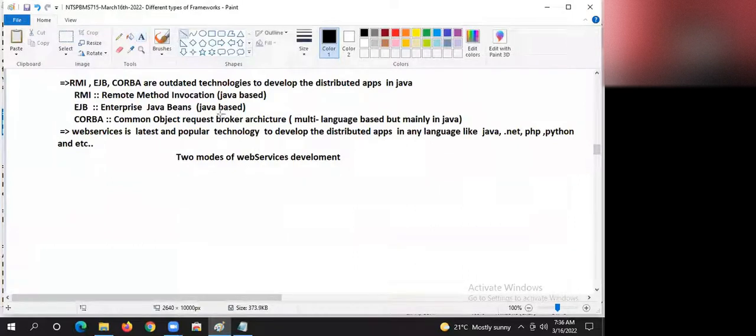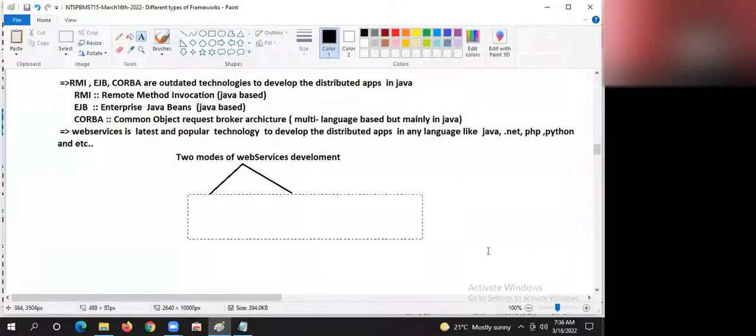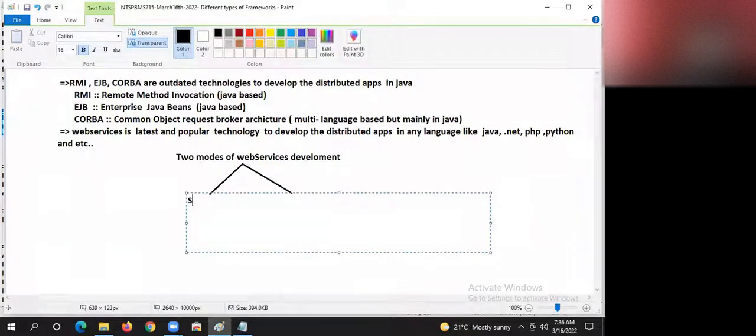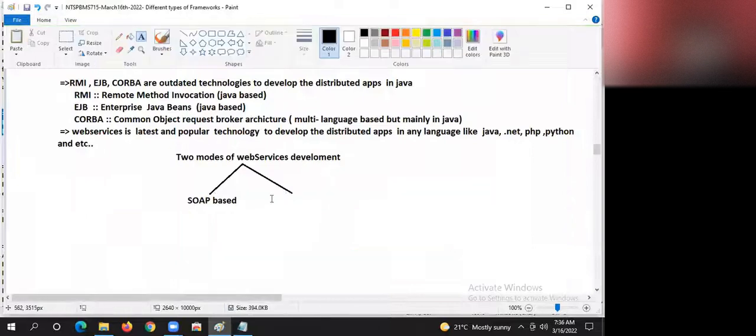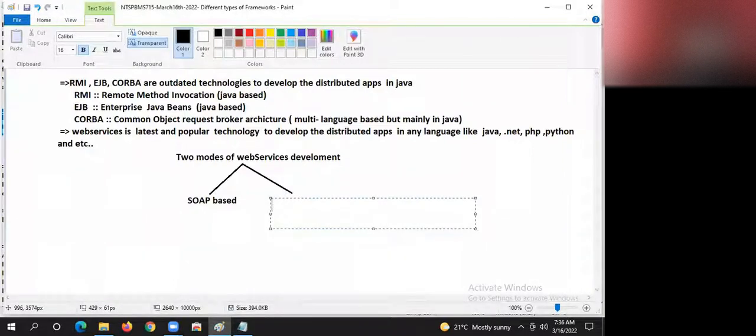One is SOAP based. The other one is RESTful.